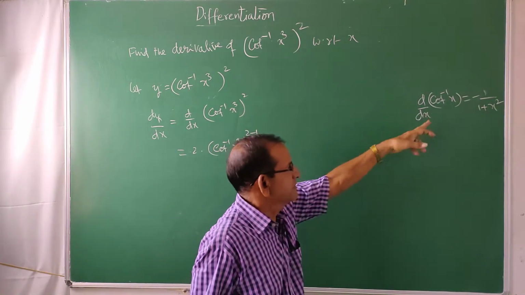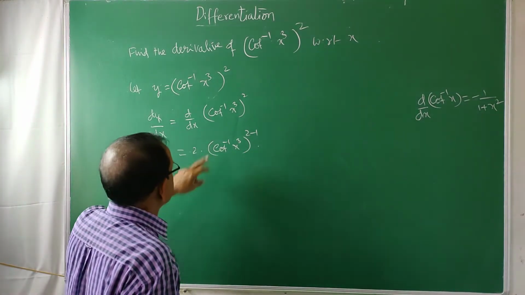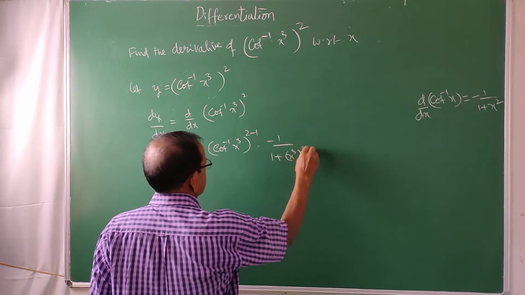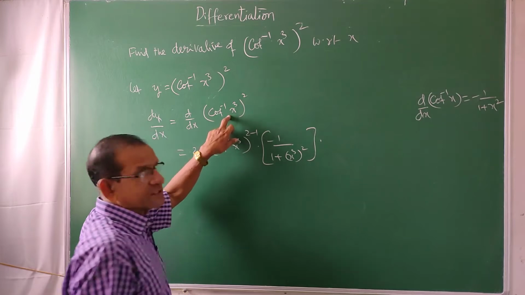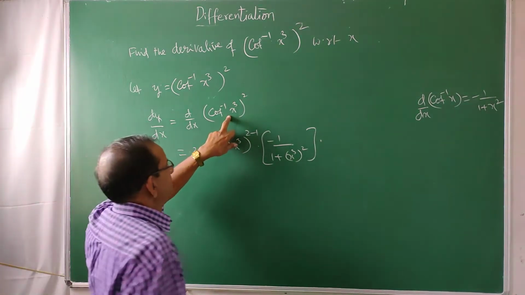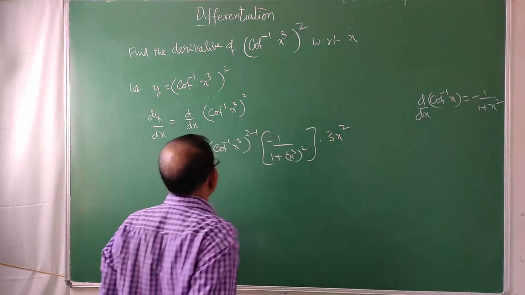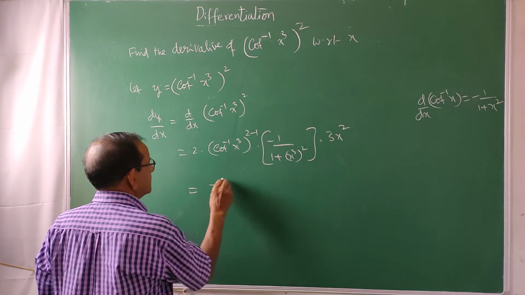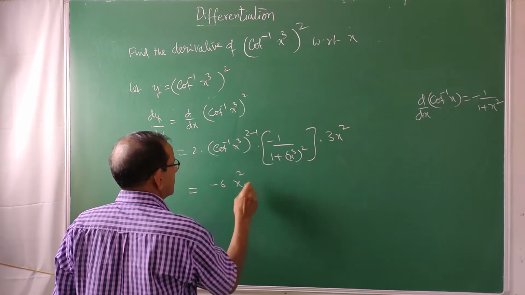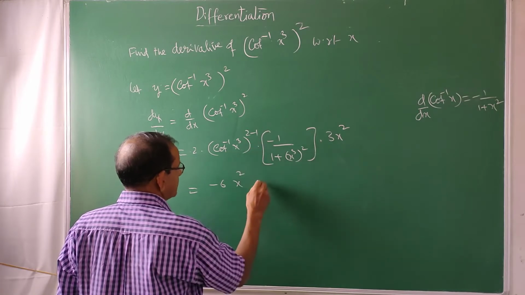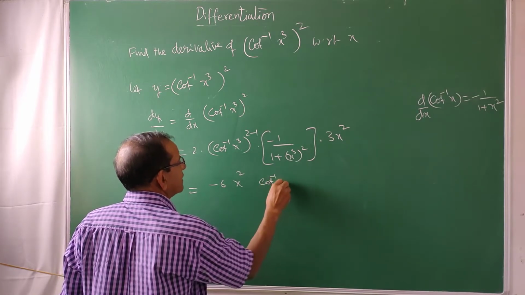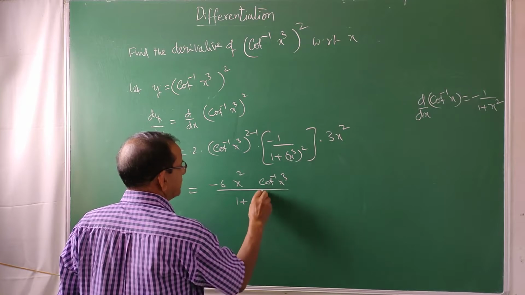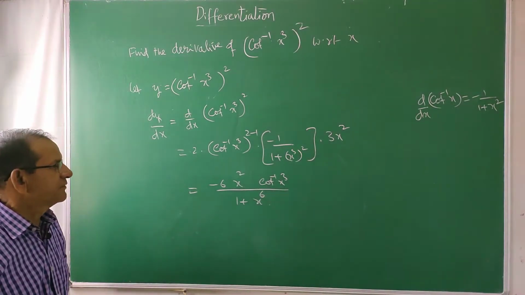If cot inverse x is there, its derivative is minus 1 by 1 plus x square. But here x cube is there, that's why it is minus 1 by 1 plus x cube square into derivative of x cube. Also have to write function of a function of a function. X cube derivative is 3x square. So 2 into minus 1 into 3 is minus 6x square into cot inverse x cube whole power 2 minus 1 means 1, cot inverse x cube by 1 plus x cube whole square is x power 6. So that is the derivative of the given function.